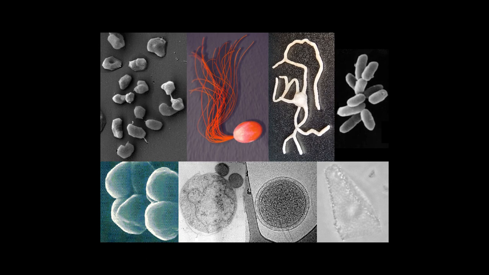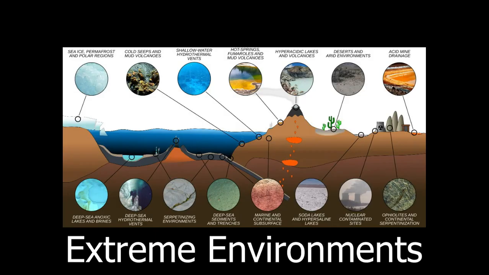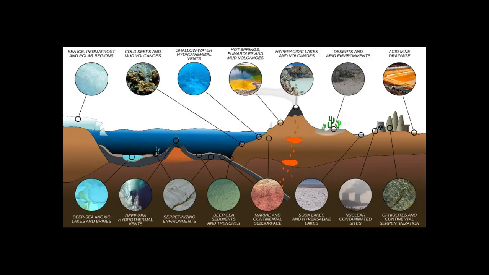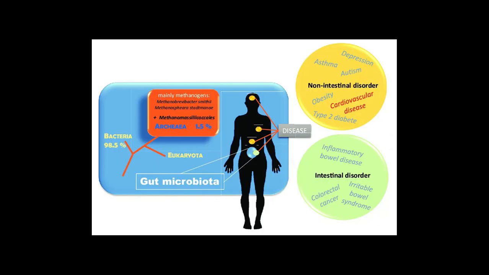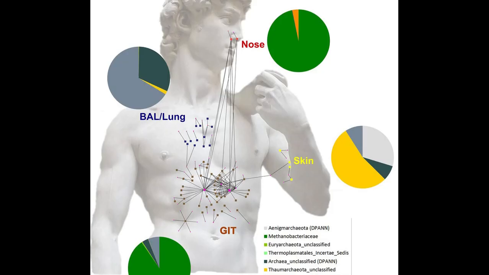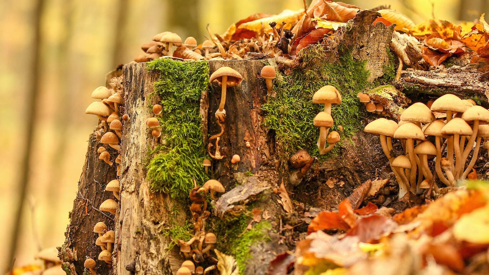Archaea are surrounded by a membrane made up of a type of lipid that isn't found in any other organism. Most archaea also have a cell wall, but theirs is very different from the peptidoglycan cell wall of bacteria. Archaea are best known for living in extreme environments, but they also live in non-extreme environments, including the human gut and skin.